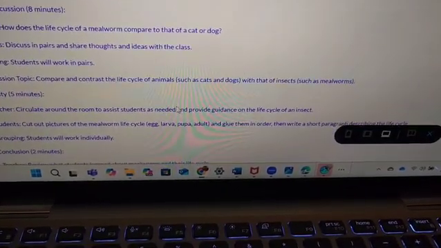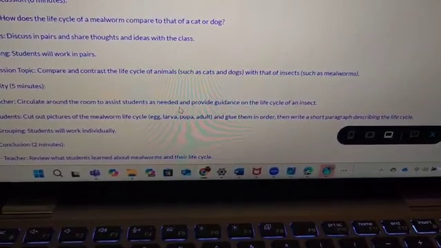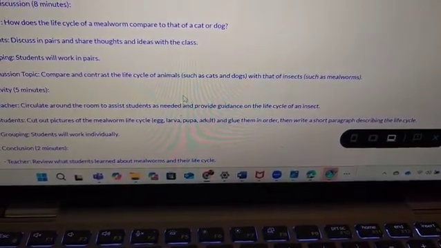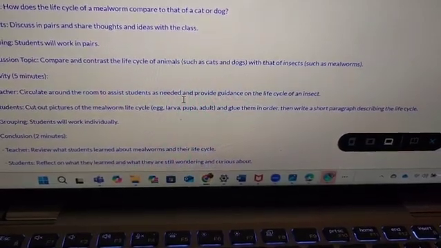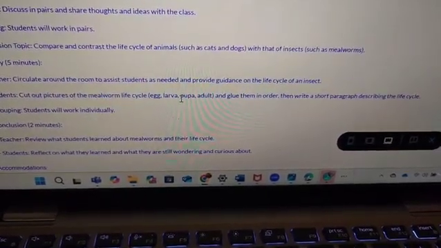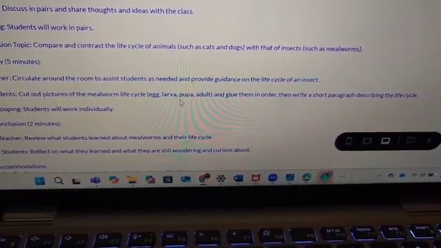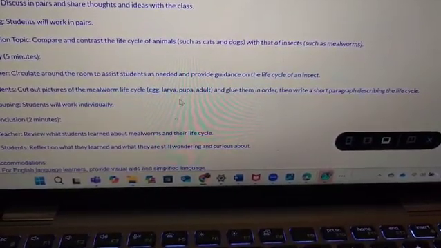So when we look at the worms, do you wonder where they come from? What did they look like before they were worms? Right? They were eggs. Right, now let's talk about the life cycle of a mealworm compared to that of a